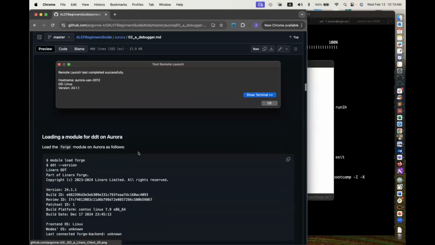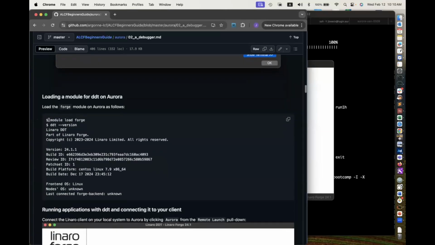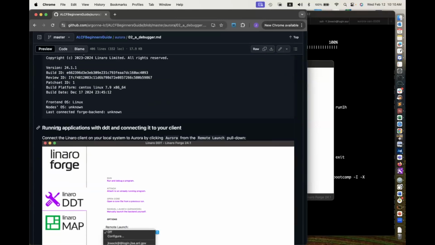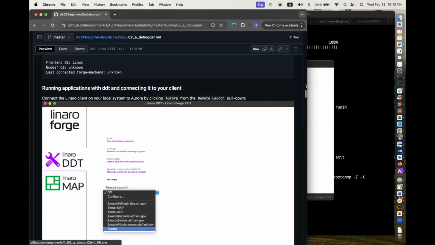Once you do that, on your compute node, you need to load the Forge module. So module load Forge, and then you can find the DDT version 24.1.1. So how to run DDT? So you need to